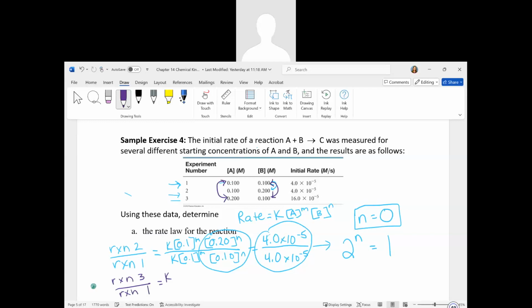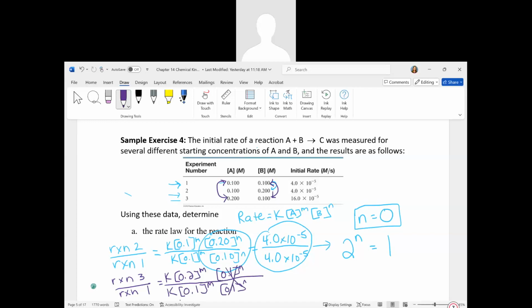Again, this is because we are changing the concentration of A. I'm going to put the higher concentration on top, and remember, I do that to make the math a little bit easier. Instead of having a half, if we divide 0.1 by 0.2, keeping the larger value on top is usually easier. And then we see we have the same values for B, so this will just cancel out,